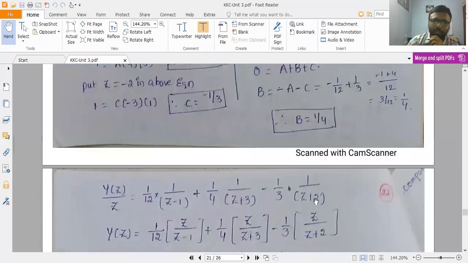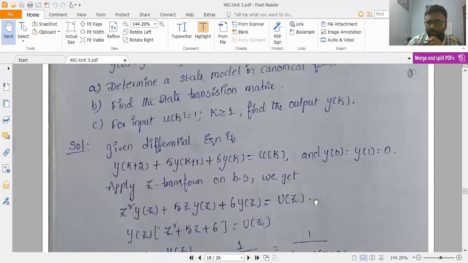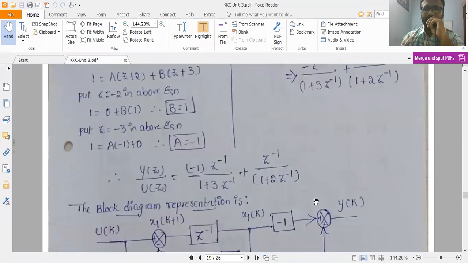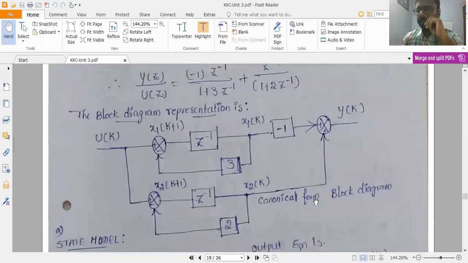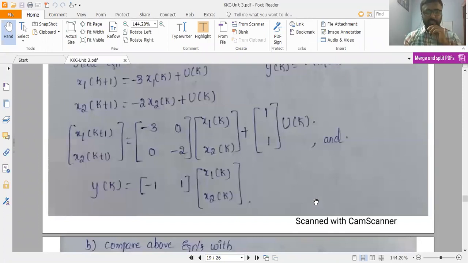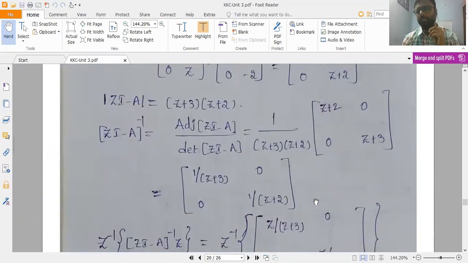So in this way we find the required solution for the problem. That means for the given transfer function, we calculate the z transform, represent that transfer function in negative powers of z, and then represent it in a block diagram. From that block diagram we identify the state equations, represent them in the state transition matrix, and after that calculate the required terms. In this way we construct the given transfer function in the canonical form.